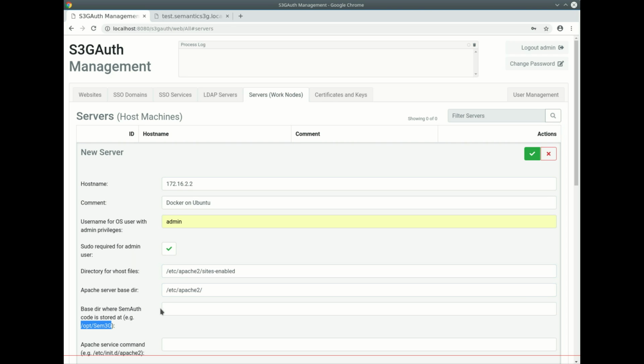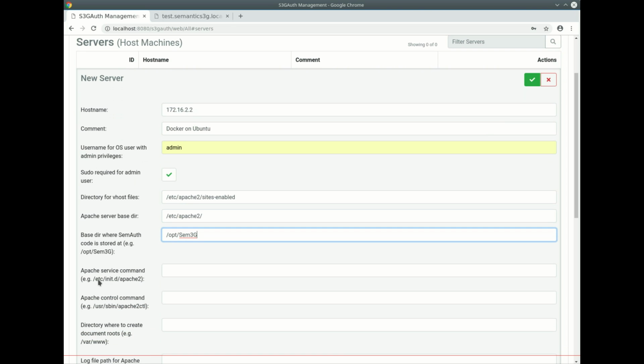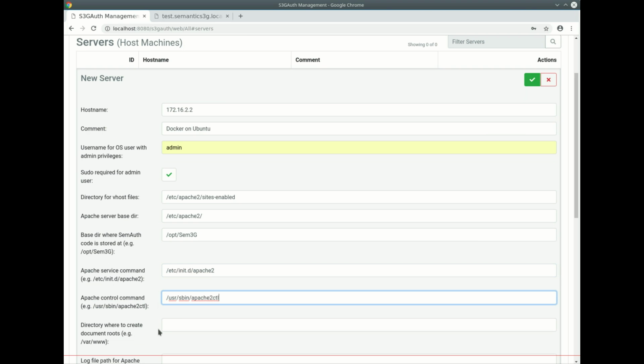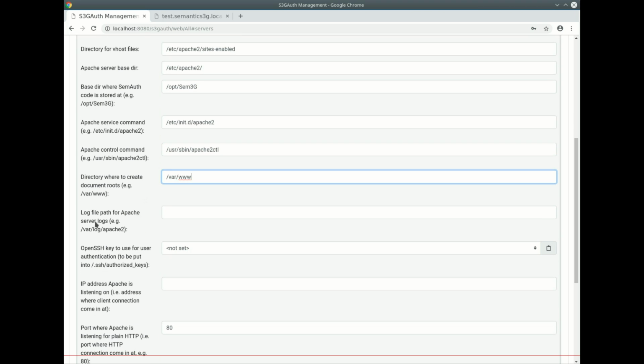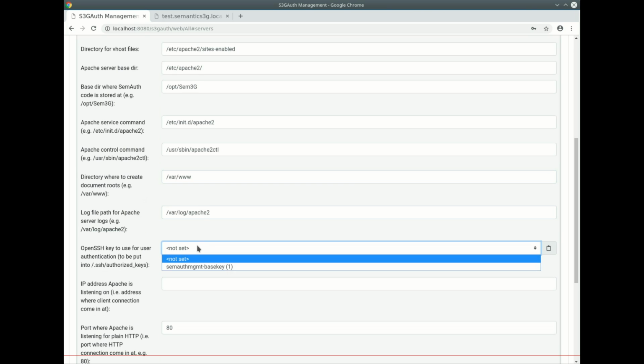Let's store the product components in the default directory. There's an init script to start it, and the standard Apache control command, and there's the document root on Ubuntu which I use. There's the log file path on Ubuntu which I use, and I have to select an